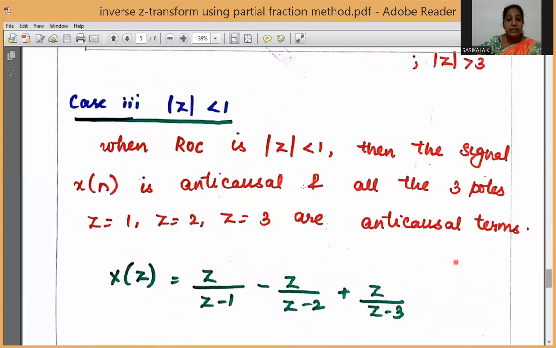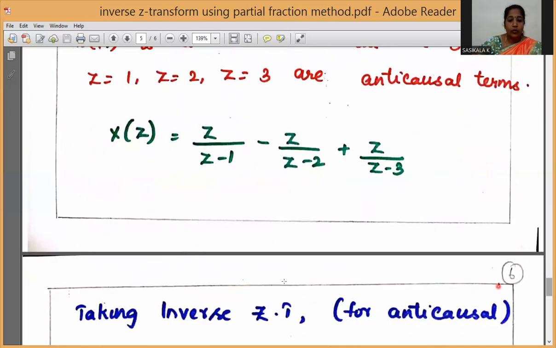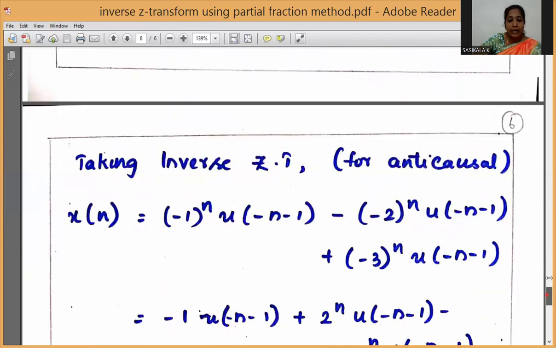The third case is |z| less than 1. So whenever we have |z| less than 1, then that particular signal is an anti-causal sequence. Okay, so here all the three poles, that is z equal to 1, z equal to 2 and z equal to 3, are anti-causal terms. So X(z) is equal to z/(z-1) minus z/(z-2) plus z/(z-3). If you take the anti-causal,